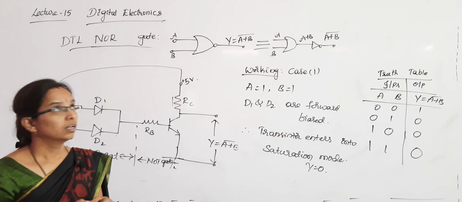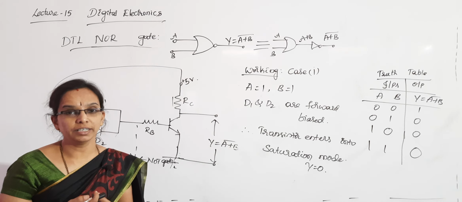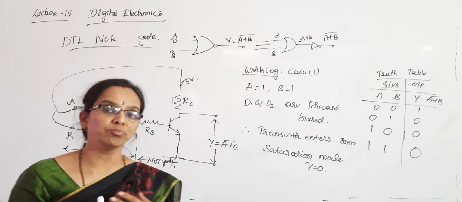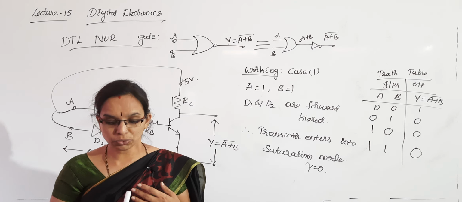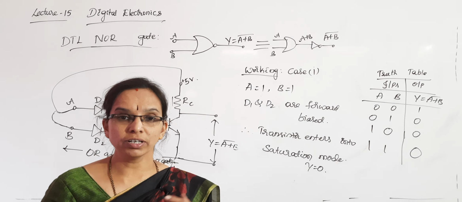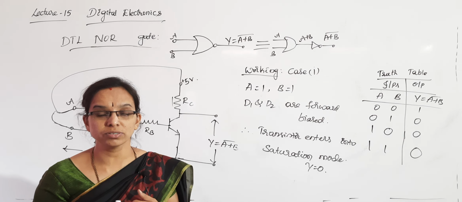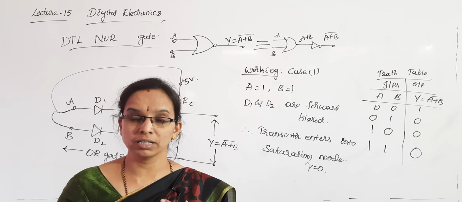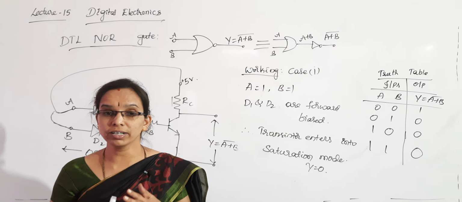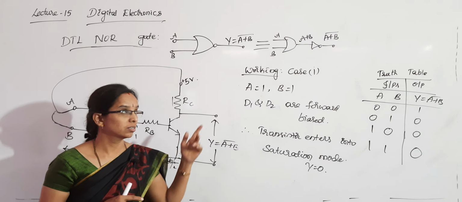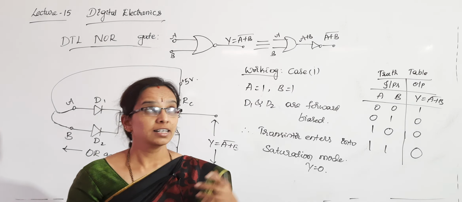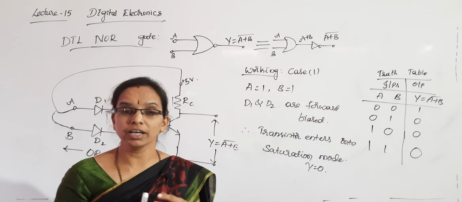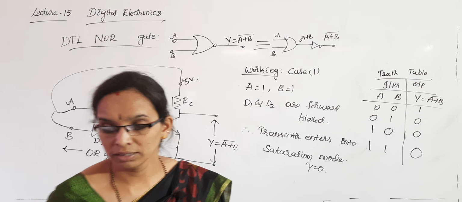Okay, this is the circuit analysis of the DTL NOR gate. The timing diagram of both NOR and NAND gate we have already discussed in the last video, so please go through that. Whenever they ask for these circuits as an explanation in the examination for 5 marks, you have to write the circuit explanation, that means working, truth table, timing diagram, symbol, definition, everything.